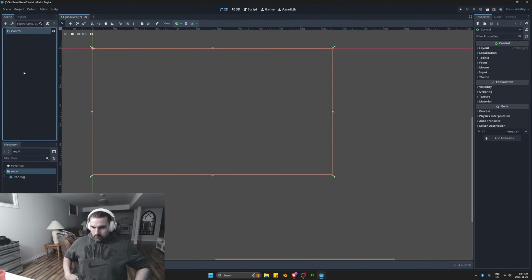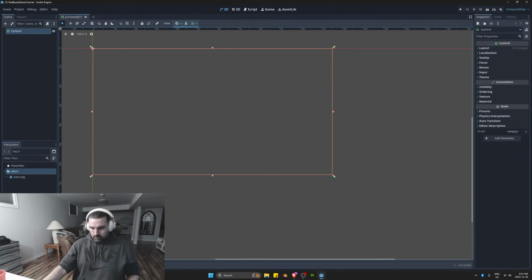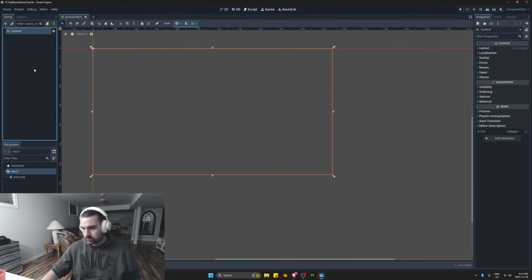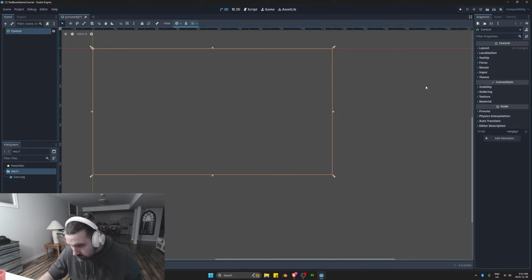And to start our game, I'm going to create a control node. So I'm not going to select any of the subnodes. I'm just going to select this basic overarching control node and hit create. And this is going to be our game. And you'll see now all of a sudden we have a control node right here on our left. It's the only node in our scene or in our game. And then on the right,